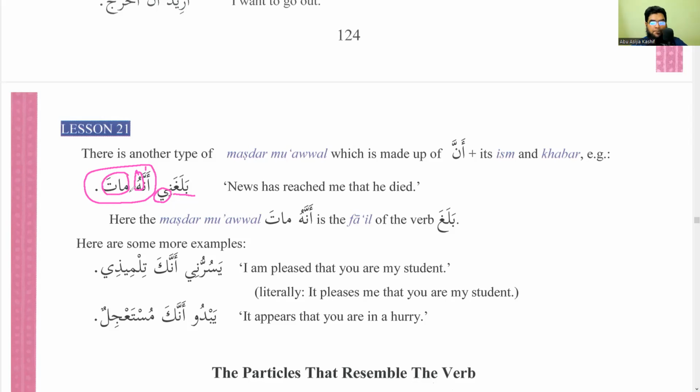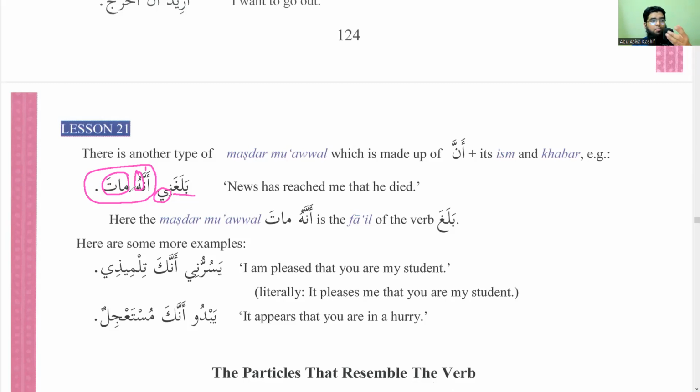Annahu mata. Like an plus fi'l mudari' can be a fa'il or mubtada. Like we learned antasumu khairul lakum somewhere. It can be mubtada. Similarly, this can also be a fa'il. Why? Because it's masdar mu'awwal. What is masdar mu'awwal? Interpreted masdar. That means it's assumed that